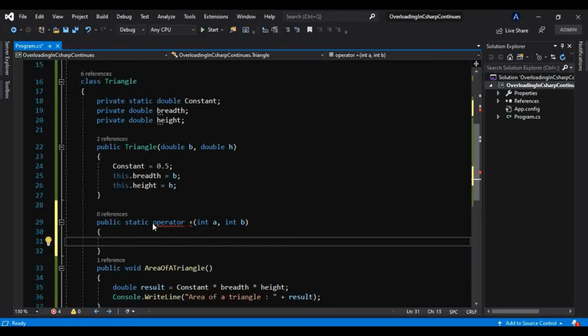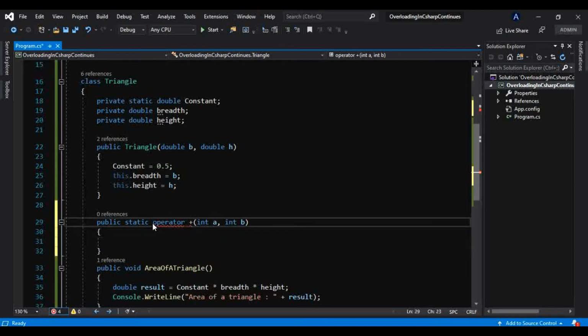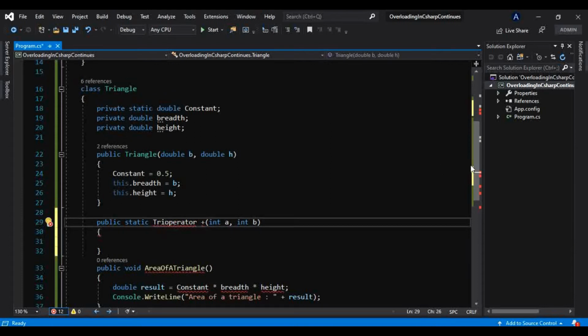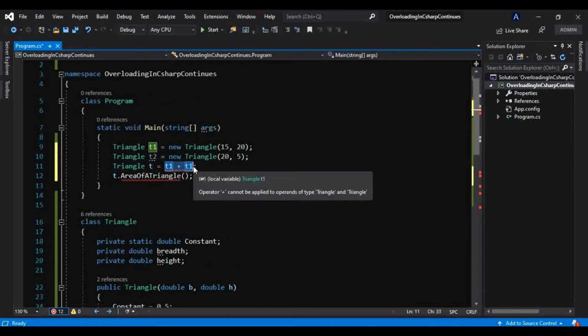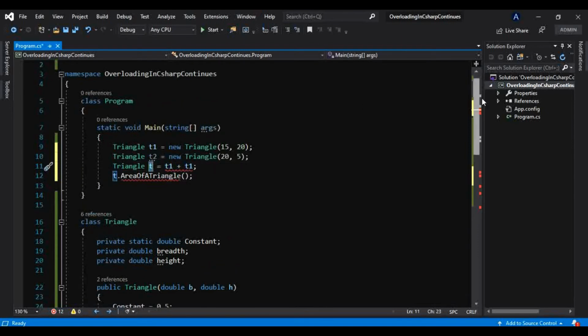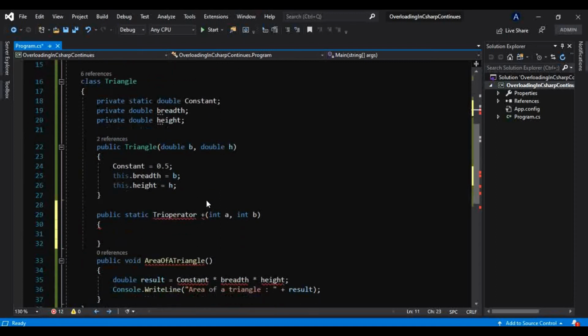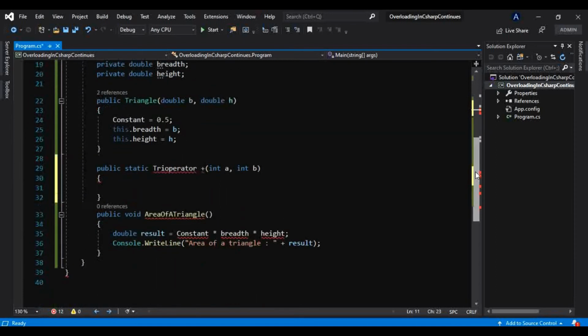And also I have to take a return type. So I know that it will return an object, nothing but this addition, whatever we are storing into an object. So that will return an object to us. So for that, let me make that type a Triangle, that is, the return type as Triangle.